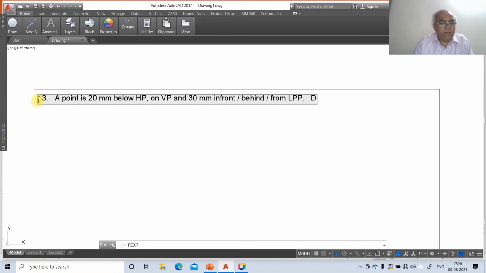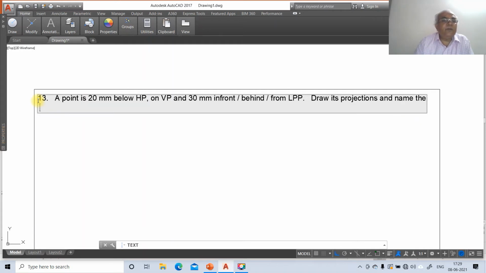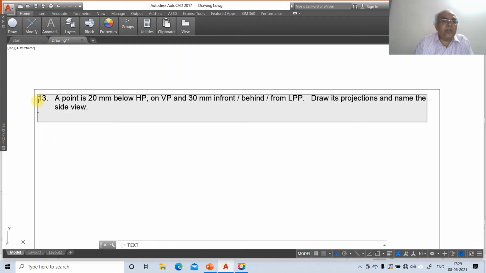So draw its projections and name the side view. So this is the problem which we have to solve by using AutoCAD.